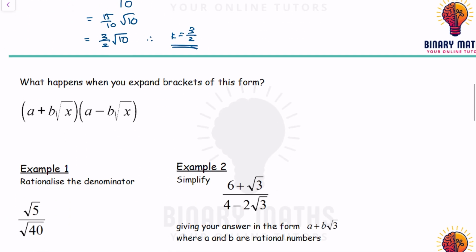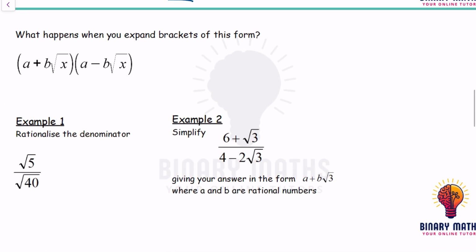Okay, let's look at the next examples. Now what happens when we expand these two brackets? If I expand it, the first term I get is a times a, which is a squared. A times negative b root x gives me negative ab root x. If I do b root x times a, I get positive ab root x. And the last term gives me minus b squared